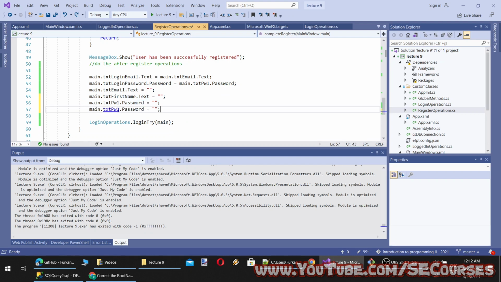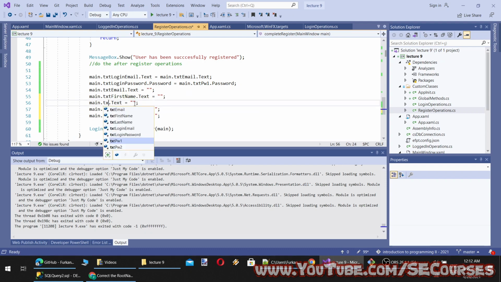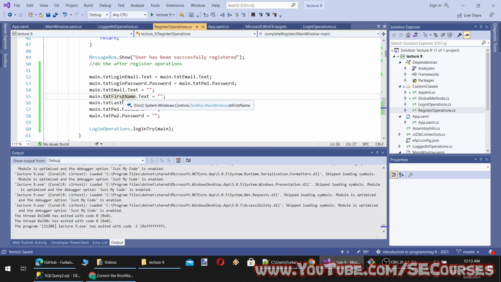Okay, let's change this to and txt last name. Okay, actually you should also set an identifier to make them display as registration. What I mean is, let me show you.